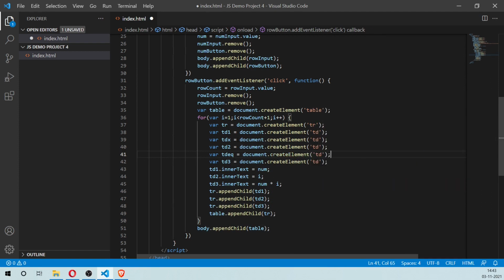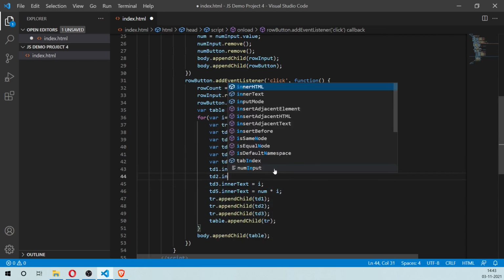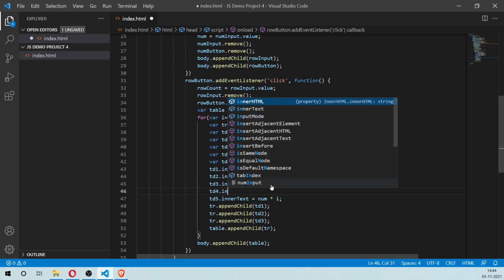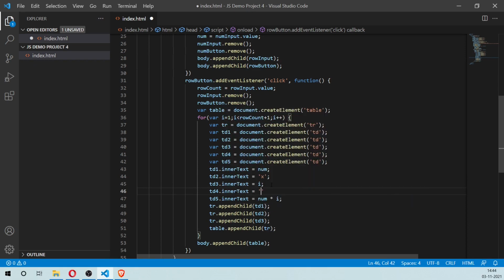If this is confusing to you, we can actually go ahead and rename these to td2, td3, td4 and then td5, and we can change these to td3 and then td5, and for td2 we'll say x, okay, so that it looks like a multiplication symbol, and then td4 dot inner text should be equal to, okay, so now it should look a little better.